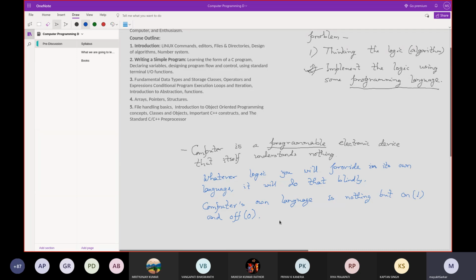There used to be a device called punching cards that used to provide us inputs. If at a particular location a hole has been punched, that means that is a 1, otherwise it's a 0. The programmers used to punch at the locations of 1s and provide that. So eventually the computer would get the language of zeros and ones. But obviously that was not an easy task.